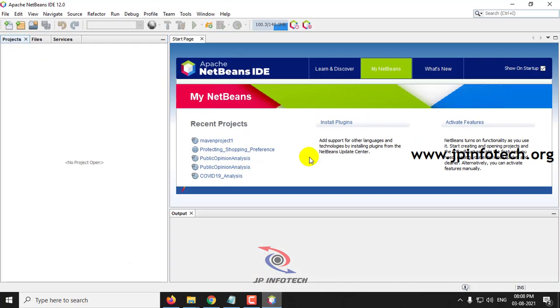Now let me go to the NetBeans IDE 12.0. There you can see 3 tabs, that is projects, files and services. Let me click services tab, and in the servers you can just go to the servers part.